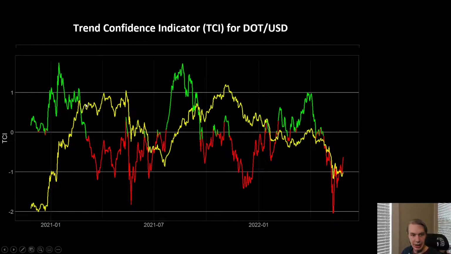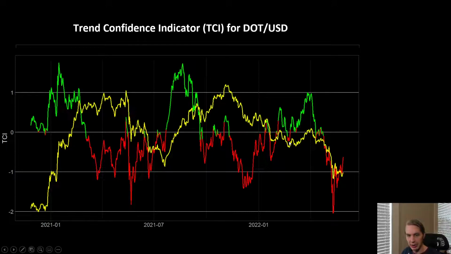And indeed, you can see how the TCI was a leading indicator well in advance of this huge crash into the summer of 21. All the way back here, it was saying, be careful. This is not looking like a very convincing uptrend anymore. And then indeed, that's what we saw: we just got this one tiny little peak back above 0, but really then crashed back down. For the most part, very bearish on DOT this whole time. But then you'll notice that the second we started this reversal, it popped back into the green all the way through. And that's really what the TCI is supposed to do. It's supposed to be acting as much of a leading indicator as possible.